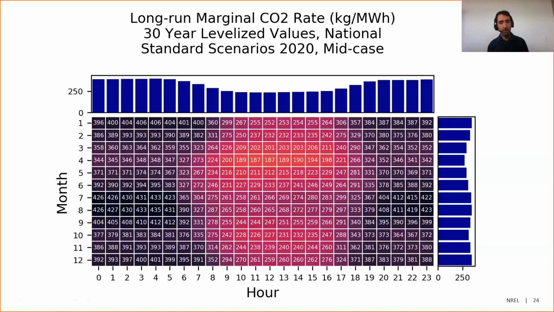And recognizing this is important if you're evaluating the emissions impact of a building, or more than just a building, anything that's going to be a persistent increase in load. If you have a persistent increase in load and it consumes electricity more during the middle of the day, there is this strong diurnal pattern, and if you have the analytical capabilities to incorporate this into your analysis, you'll get a better estimate of the emissions that are induced by the intervention that you're studying.